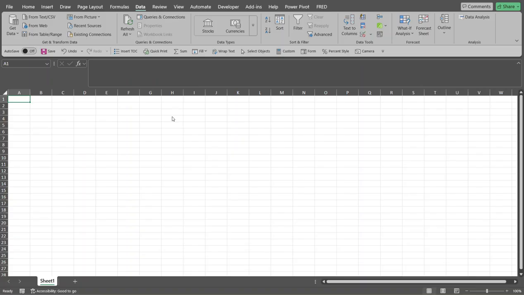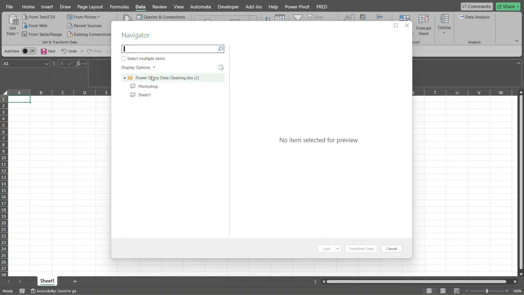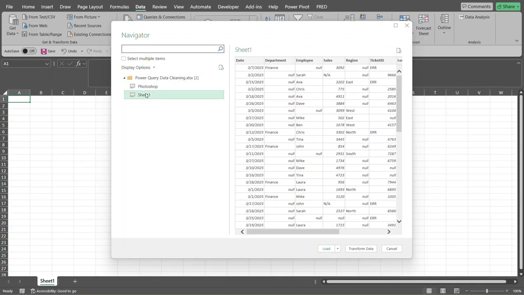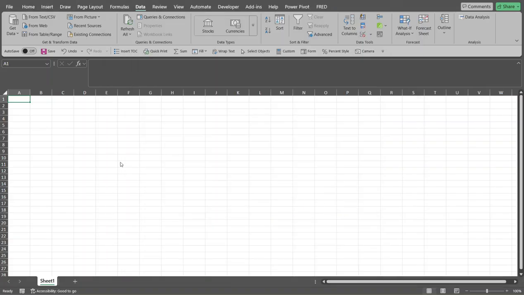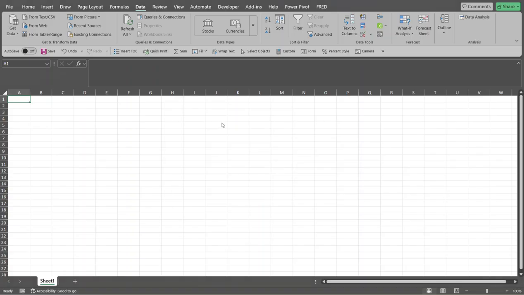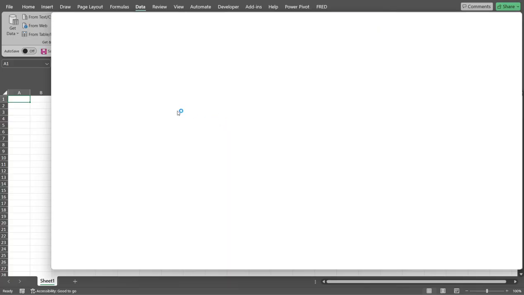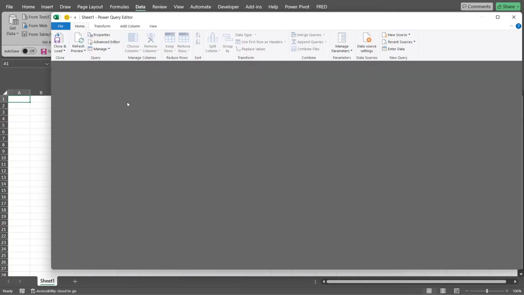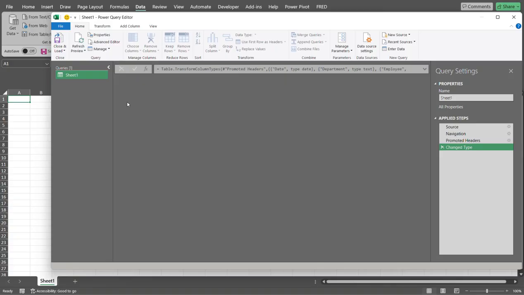section where it's going to look at the data file itself, and then we can select the sheet that we want, which is Sheet1. It's going to give you a preview of everything. So what we want to do now is transform this data. Give it a second. Okay, now it opens up the Power Query editor, and now we can start with our transformation of this data